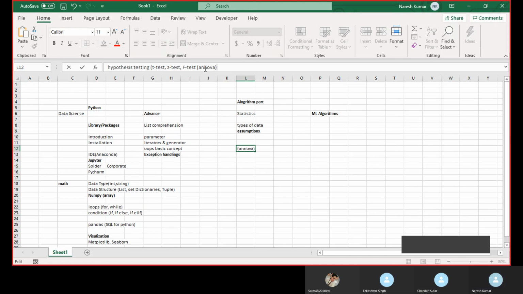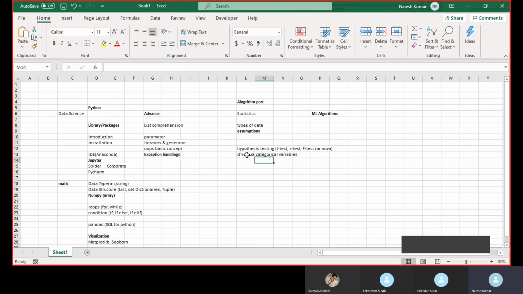Based on our business problem and our data type, we will be doing this hypothesis testing. We have something called the chi-square test also, which we will look into when we have a categorical variable with us. We will be looking into that also.